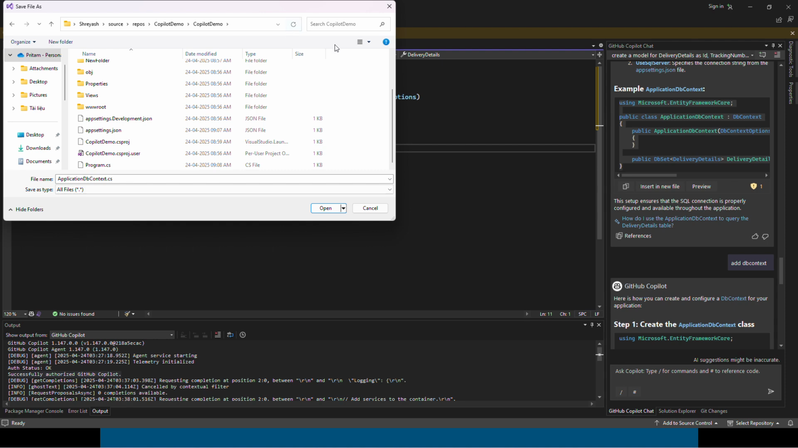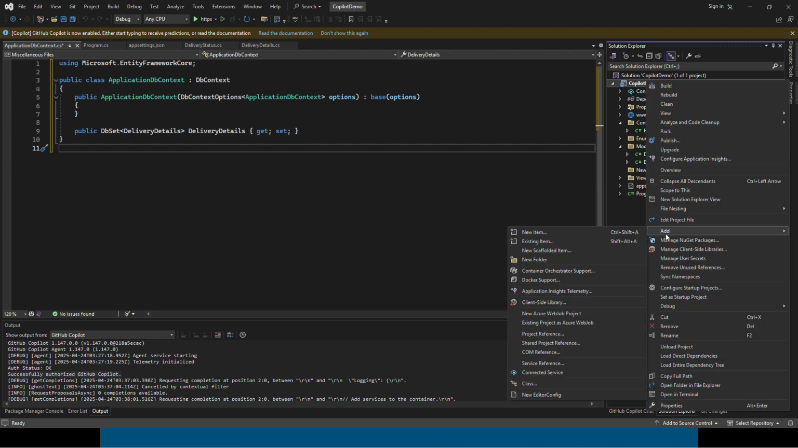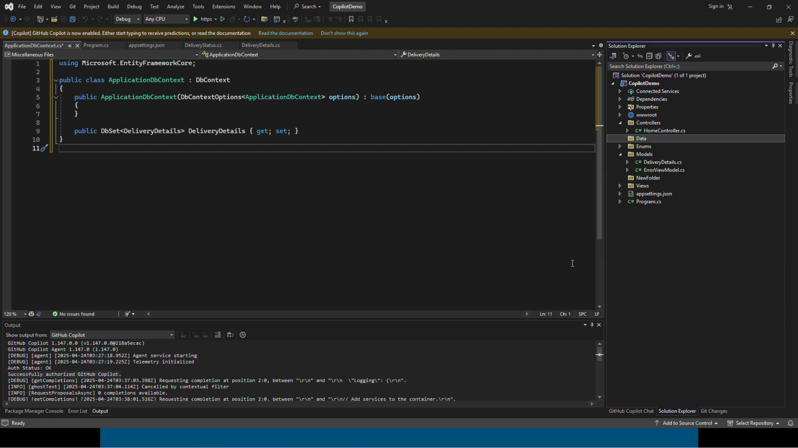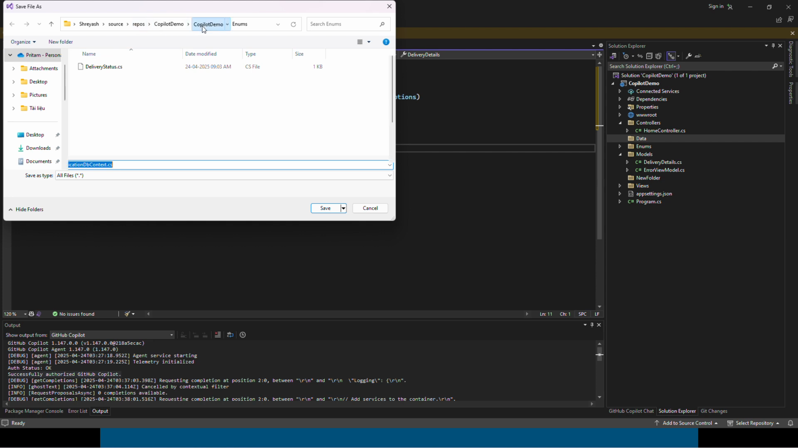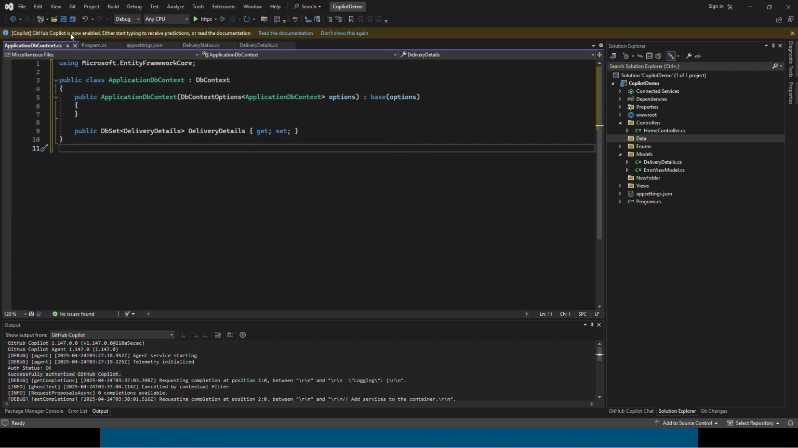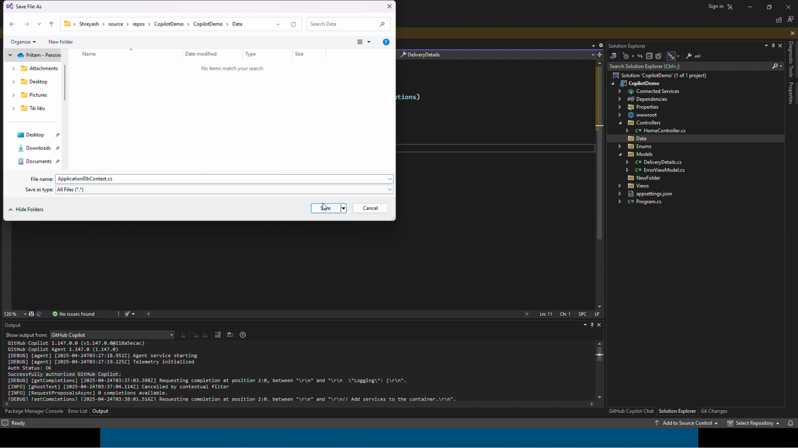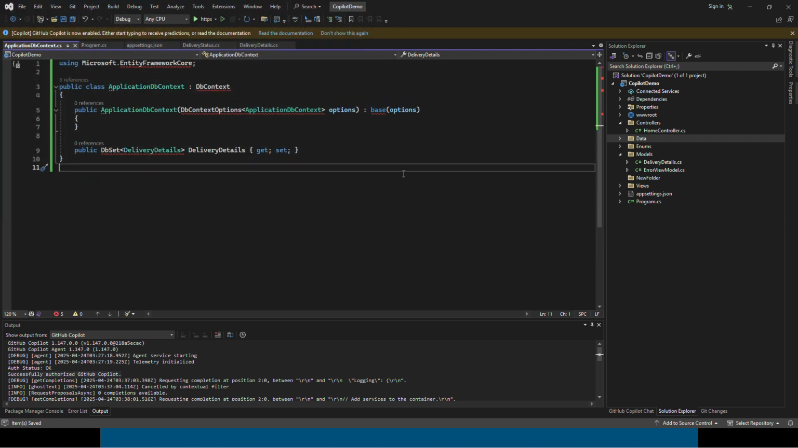Data folder is not created yet, right? Okay, let me create it. Data folder, data. Now I'll store this particular file into the Data folder. Save. Okay, now application DB context is not there, so because of this NuGet package is not